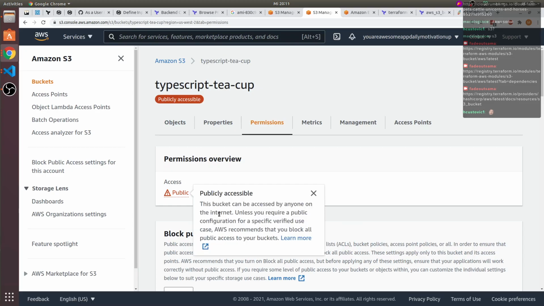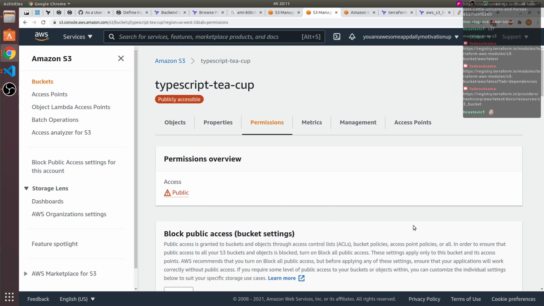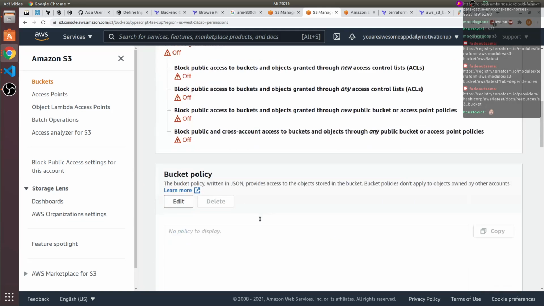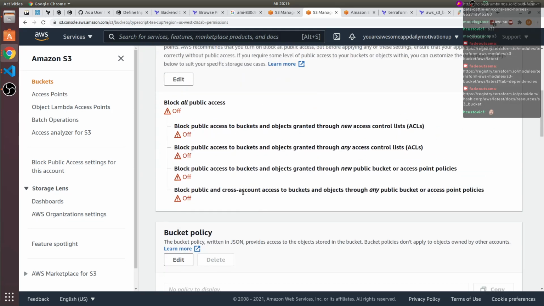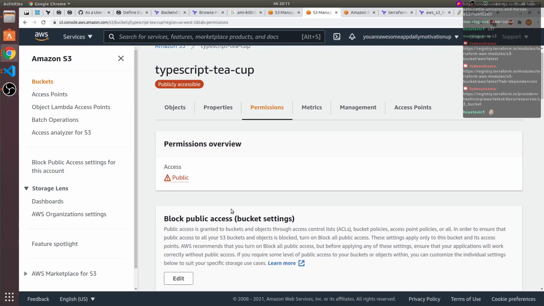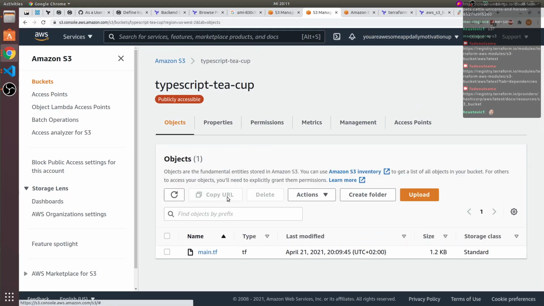This bucket can be accessed by anyone on the internet, unless you require specific configuration for a specific verified use case. In AWS, it's recommended that you do not do this, but instead do it slightly different. What I'm still confused about is how do I actually access it?